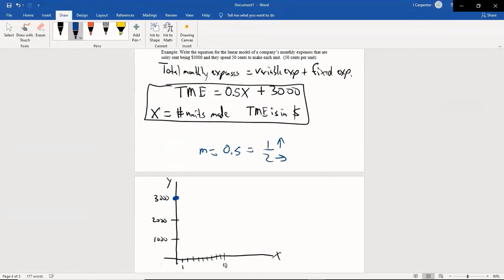But I don't really have a very easy way of showing where 3001 is. I can very clearly show to go right 2. And that looks pretty good. That's about right 2. But going up 1, I mean, if that's 3,000,